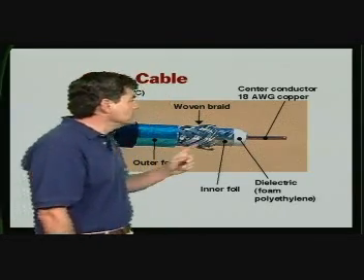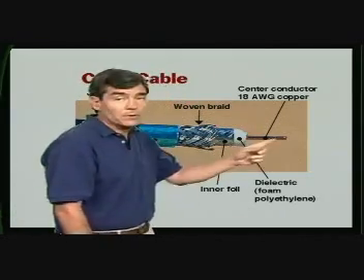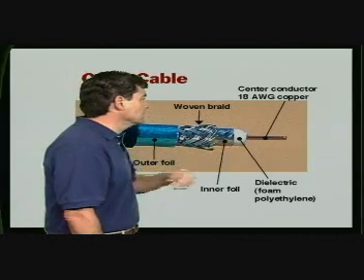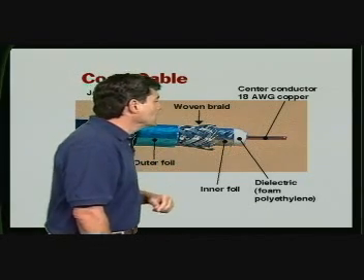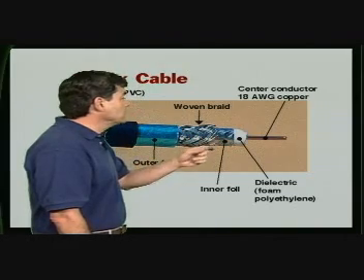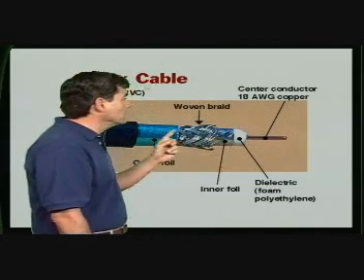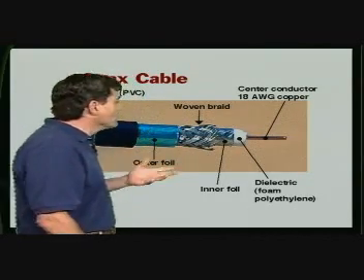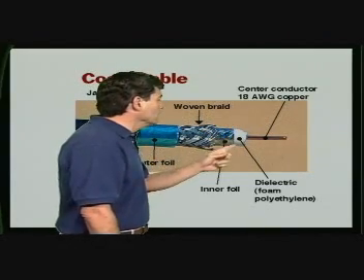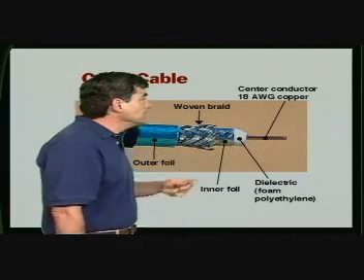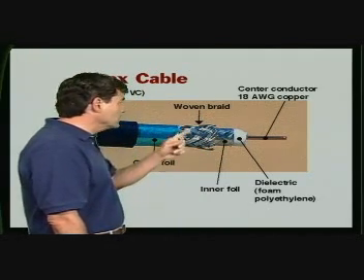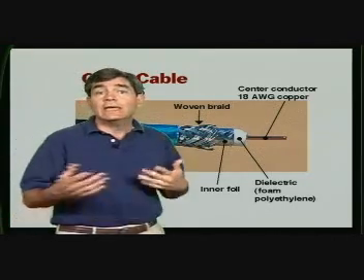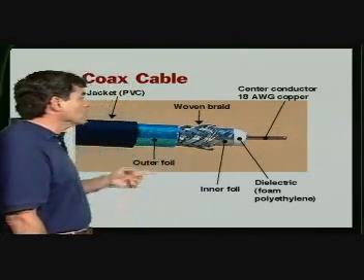Now the center conductor is usually 18-gauge solid copper or copper-clad steel for strength. The shields are separated from the center conductor by a dielectric insulation, typically foam polyethylene. Now the cable may have a single foil or braid shield or a combination, such as this foil, braid, and foil. A quad shield cable will have an extra braid. The inner foil is used for shielding as well as being one of the signal conductors. Now a braid does provide a shielding, but it's primarily used for the cable strength. Extra foils and braids provide extra interference protection and extra strength. And finally, an outer PVC jacket covers